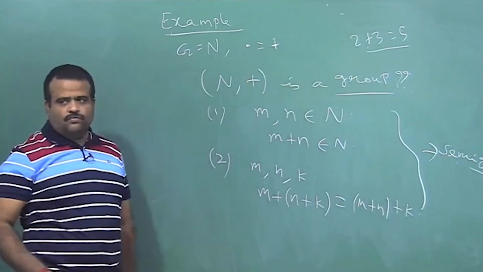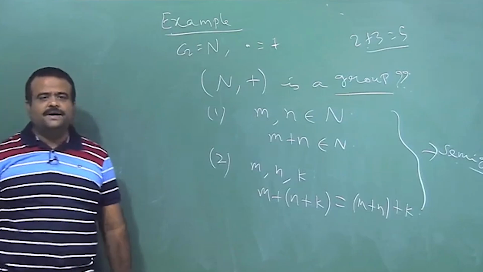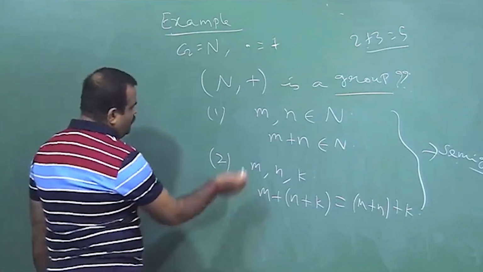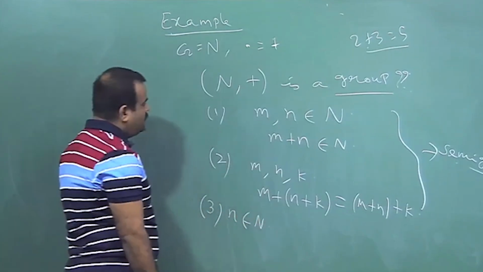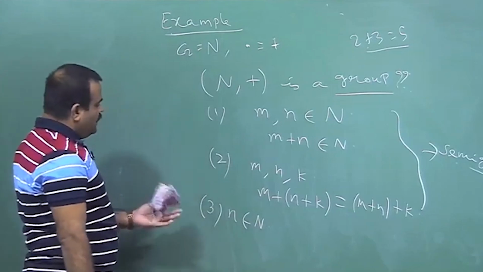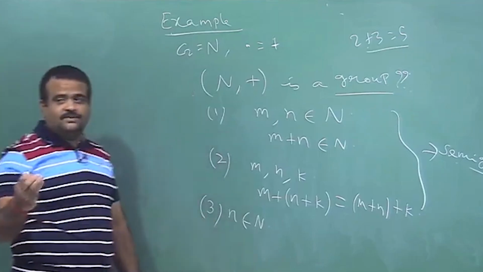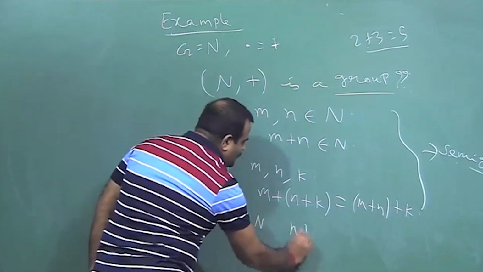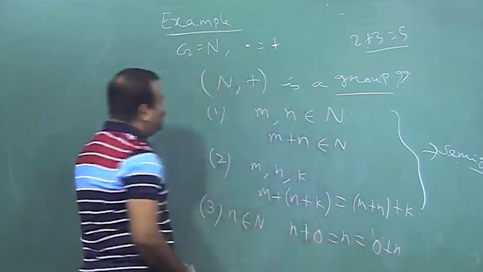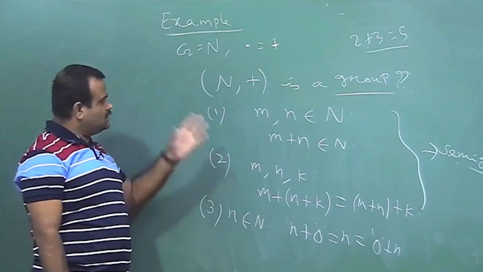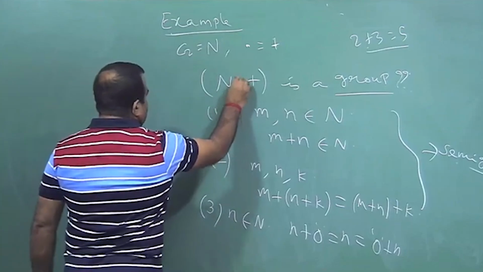Now, the question is whether it is a group or not. So, for a group we need to have an identity element. Can you have an identity element here? So, if we take a natural number n, then identity element means there should be an element which we operate with it and it should give us n back. So, that element is basically the 0 element for real numbers. So, n plus 0 is n, which is 0 plus n, but the thing is 0 does not belong to the natural number set. So, this is not a group, and even if we include 0 with the natural number set, then also it will not be a group.